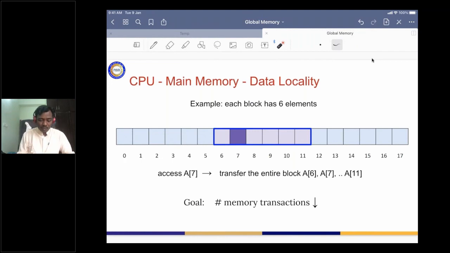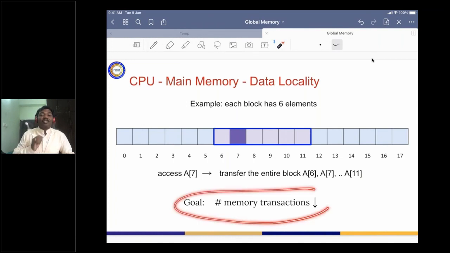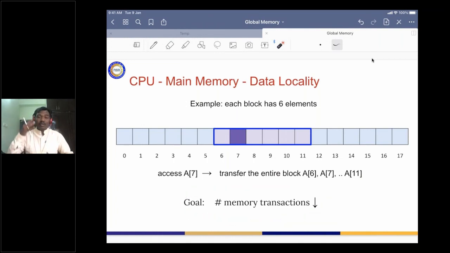Why do we do that? This is to reduce the number of memory transactions from RAM to cache. That was one of the main philosophies: the goal is to reduce the number of memory transactions in the CPU.